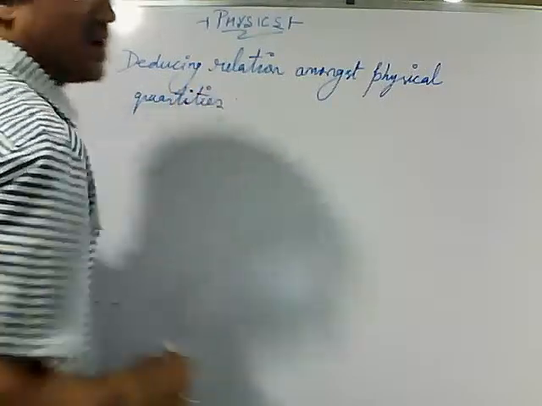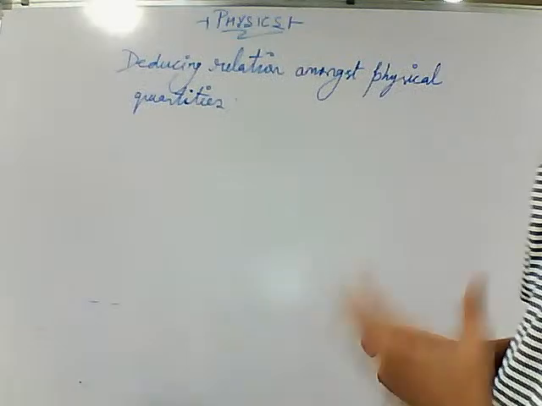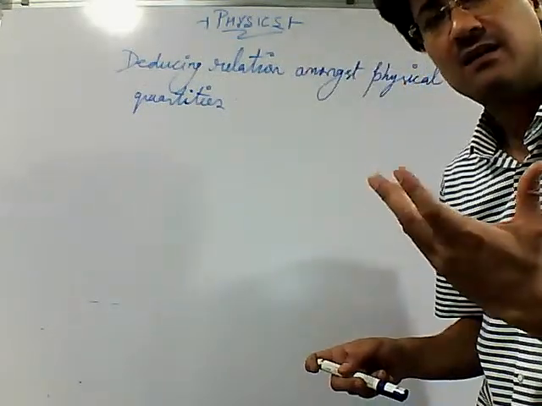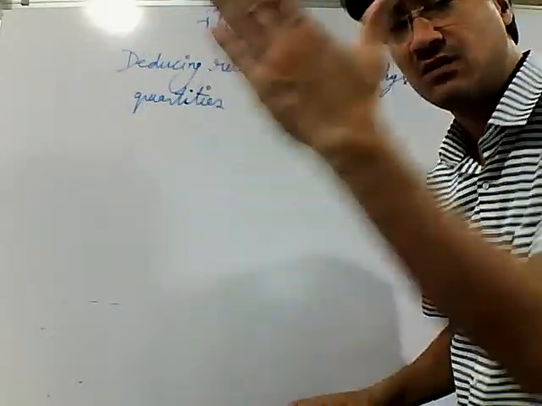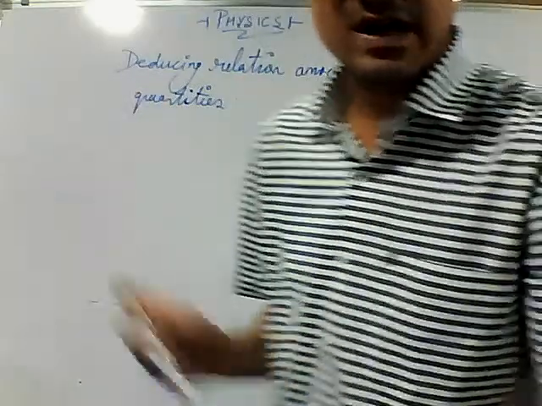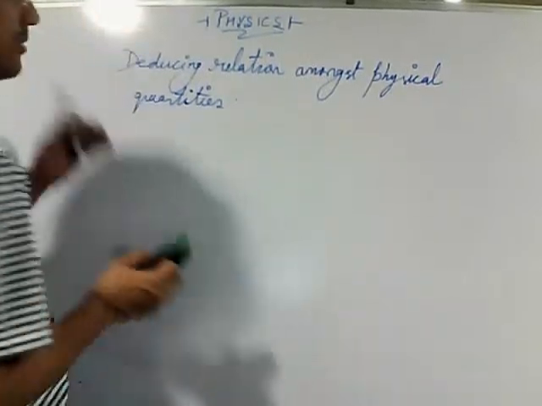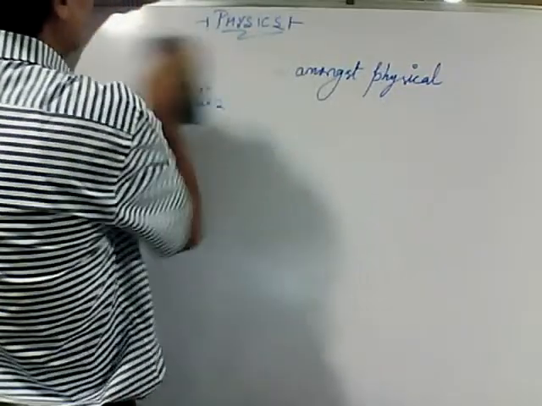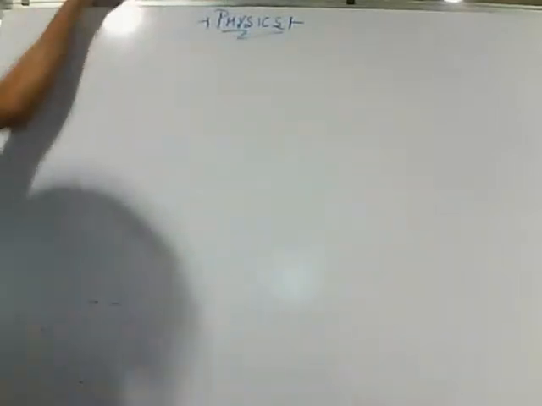Deducing relation amongst physical quantities. With the help of dimensional analysis, we are very easily able to get the relation amongst the given physical quantities. And this you get by, if you have been given the dependency that a particular physical quantity is dependent on these factors. Okay, so let's go ahead and understand this part with a particular question. How to deduce relation amongst physical quantities. We'll do it by simply using the relations and the concepts that we have up till now studied for